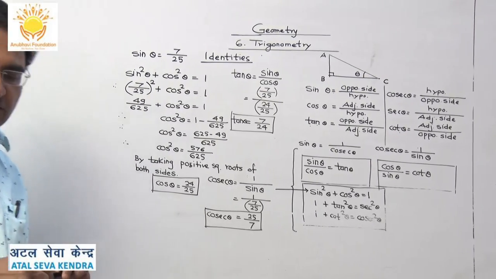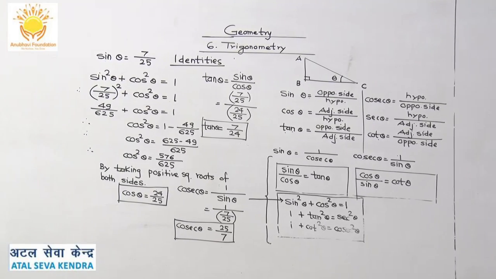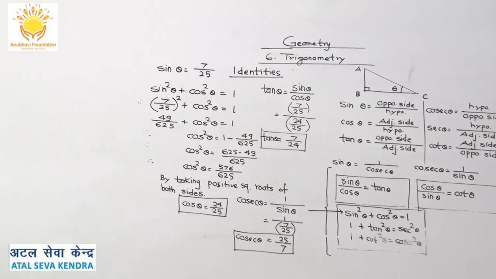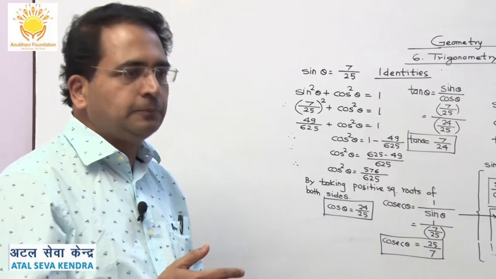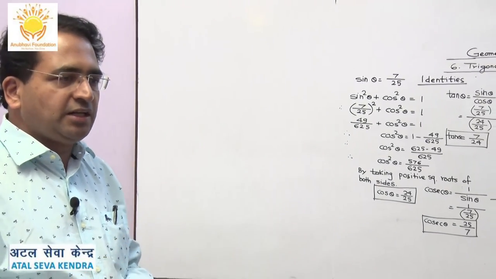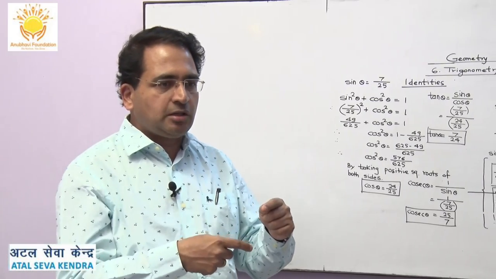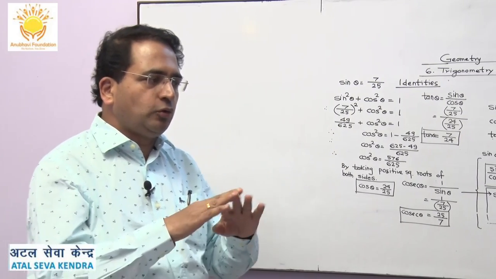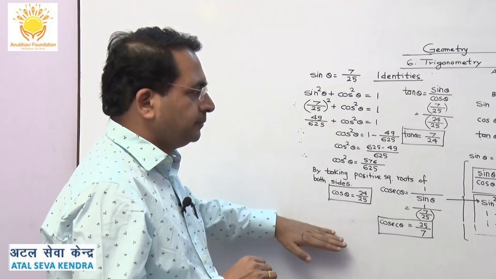So that is the part which you can easily complete. But there are two methods of solving the sum. One is by using the triangle method. That is what we have seen. That is very much easier and straightforward. And the second one: if they specify that we are supposed to solve this sum by using identities, then you don't have a choice of that method. You have to go for identities.